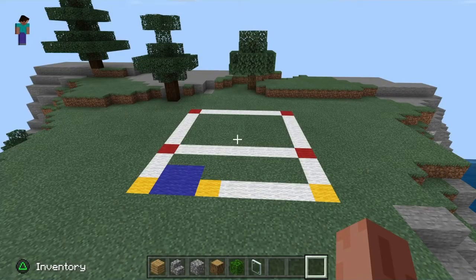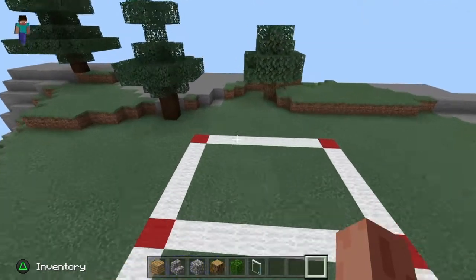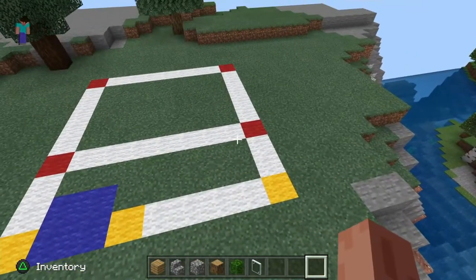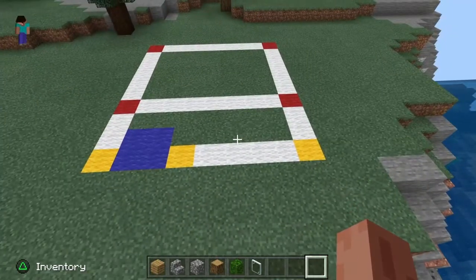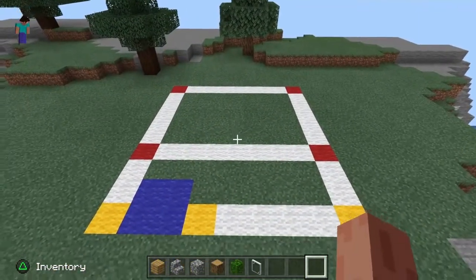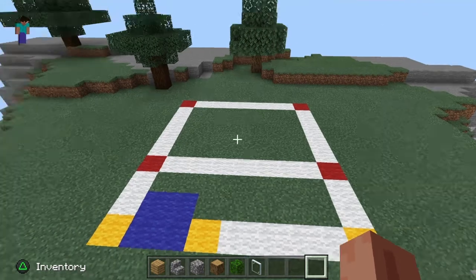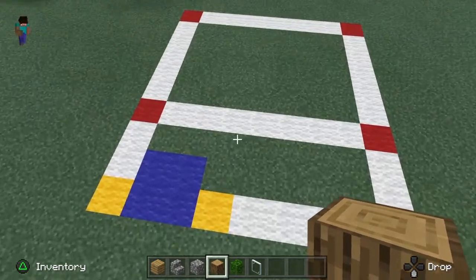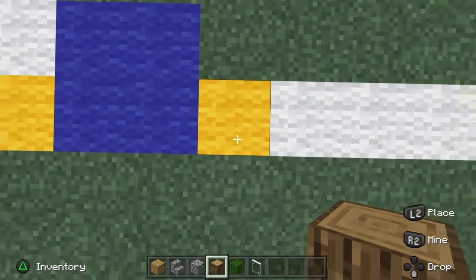Alright, so this is kind of a template for the housing. It is 9 wide and 10 long, and this is the front area facing that way. So this is going to be the front of your house. If you want to make this quick, I just used wool. This is the template. To start off, you will want oak logs, and on the yellow you want to go